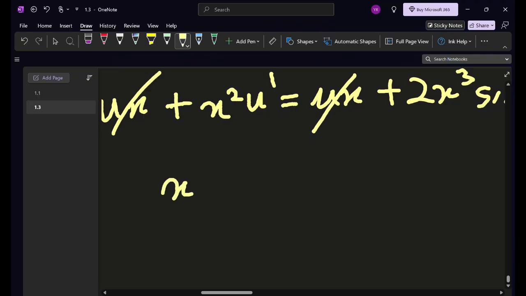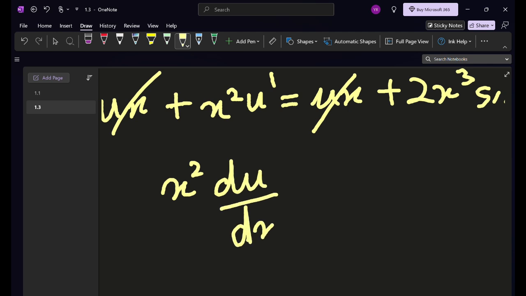Now of course the ux gets eliminated, so this can be written as x square du by dx is equal